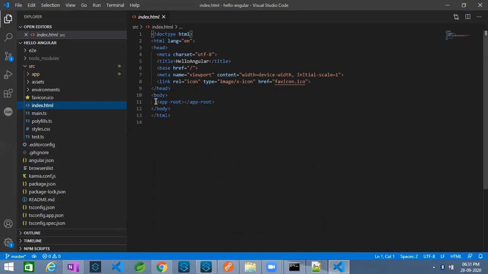If you observe body, HTML, head, all these tags are HTML tags.